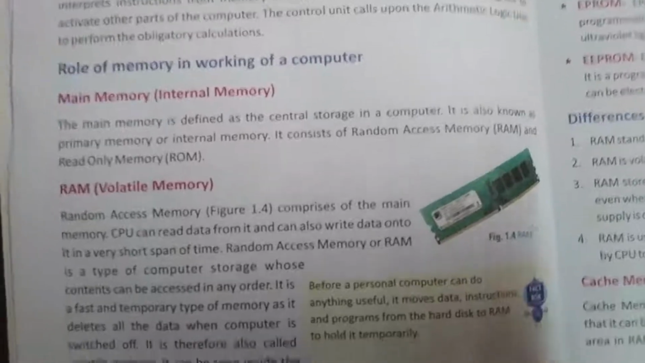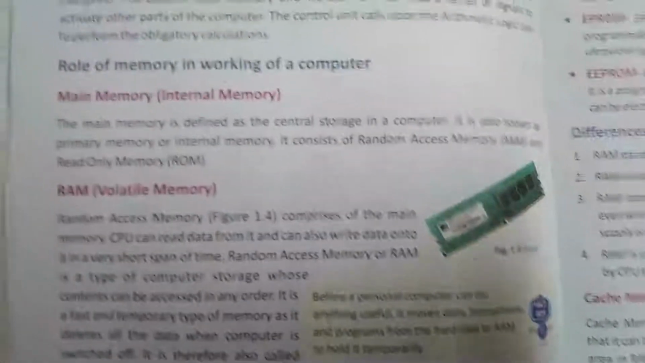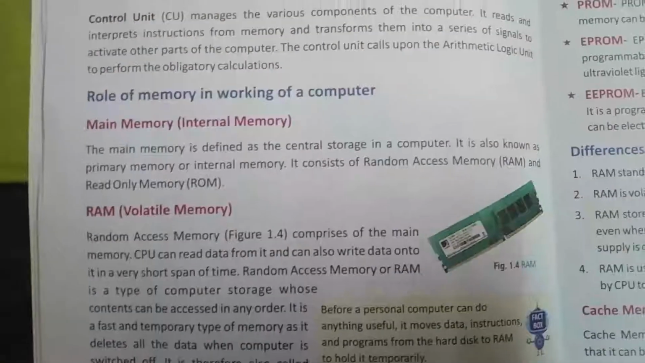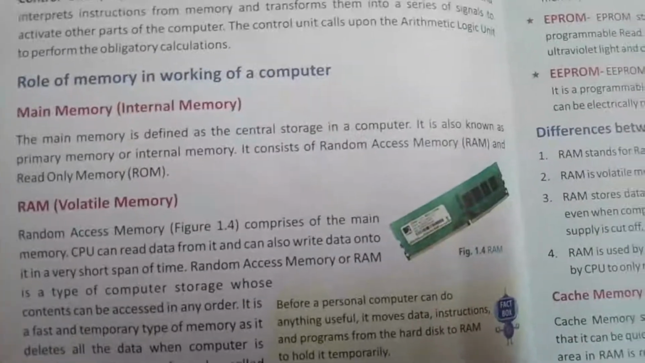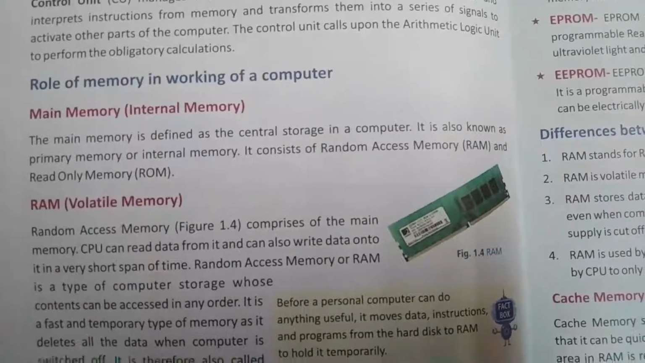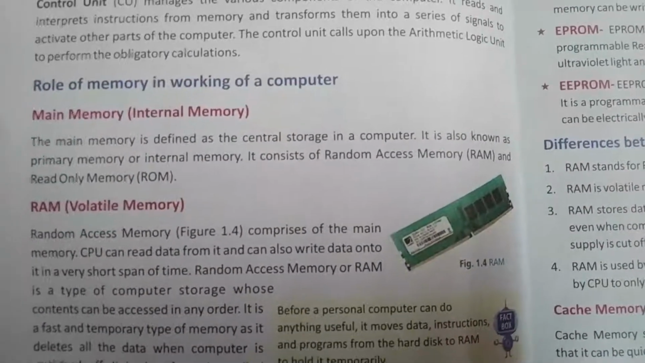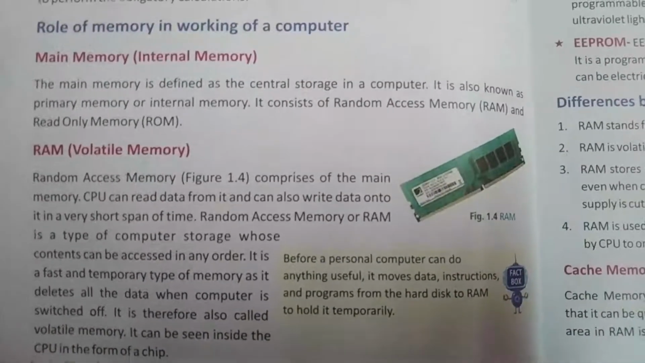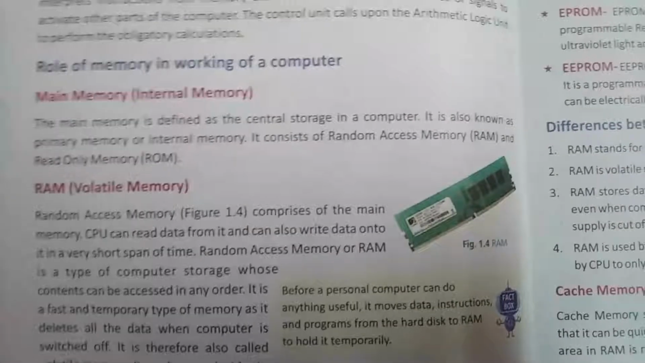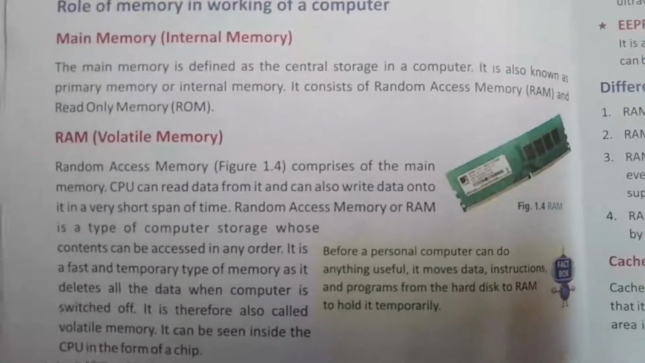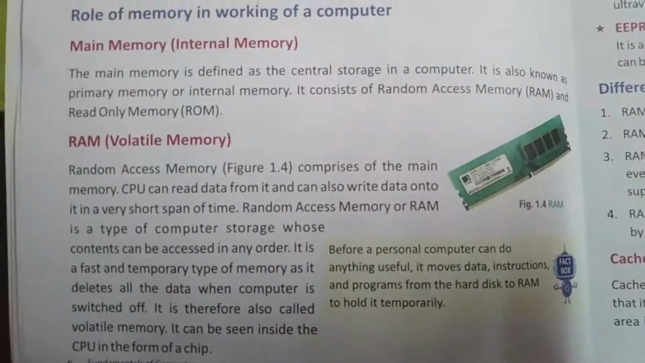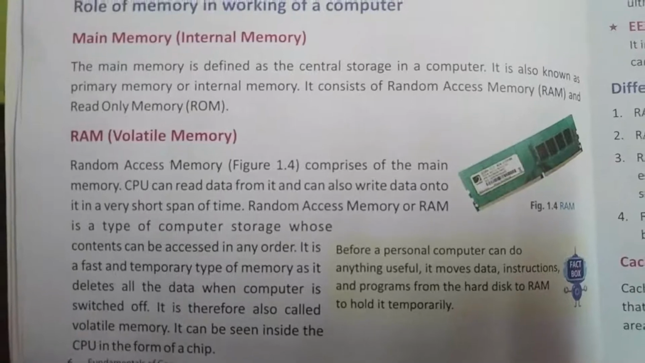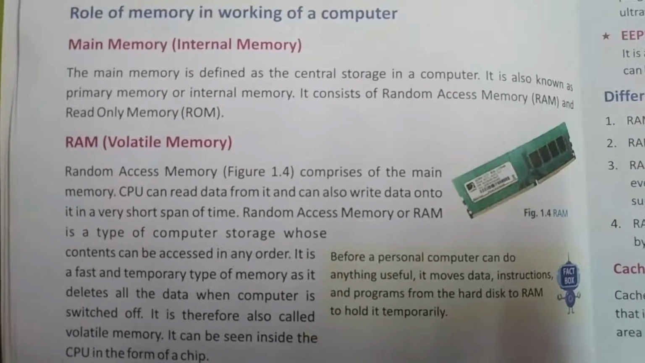Okay, so whatever things we give or the data we feed to the computer goes directly to the internal memory. It consists of two parts: one is RAM and the other is ROM. So what is RAM? Random Access Memory comprises the main memory. The CPU can read data from it and can also write data onto it in a very short span